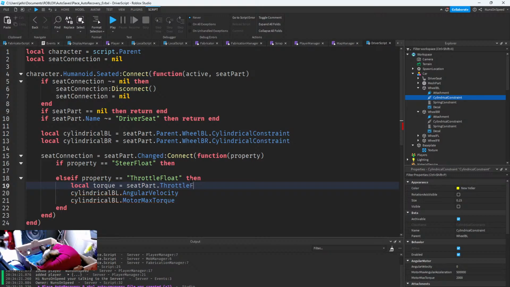So I'm going to say seat dot... times the seat part's torque. And this torque is kind of low, so I'm going to increase it to 5,000. So we have a greater